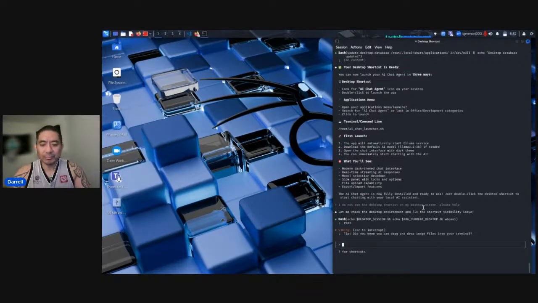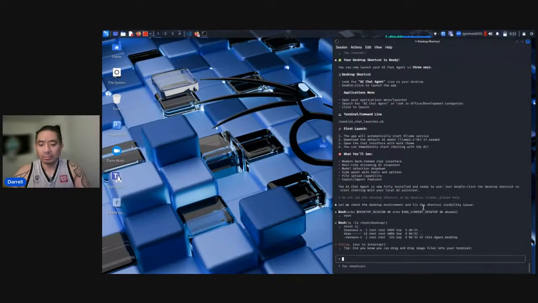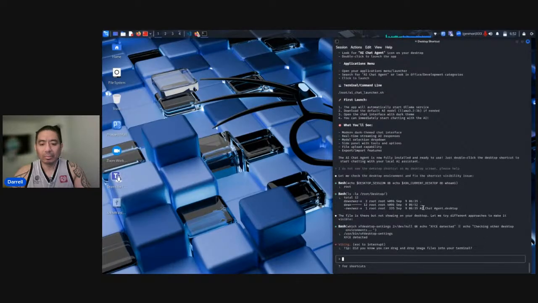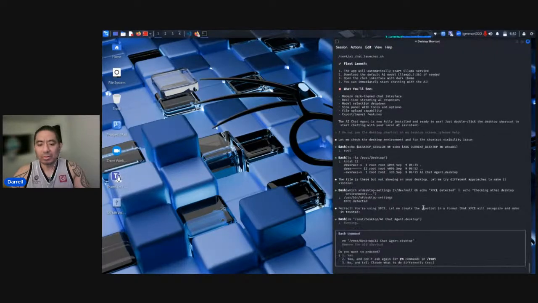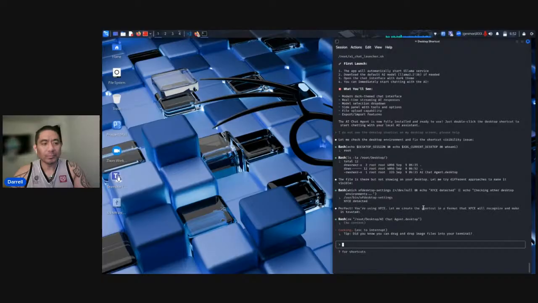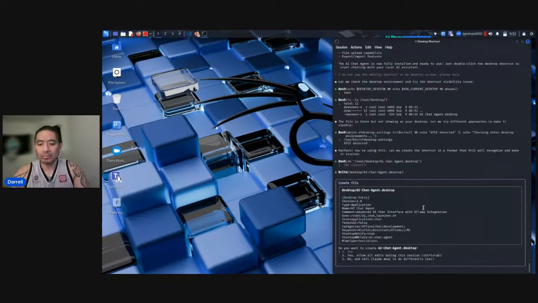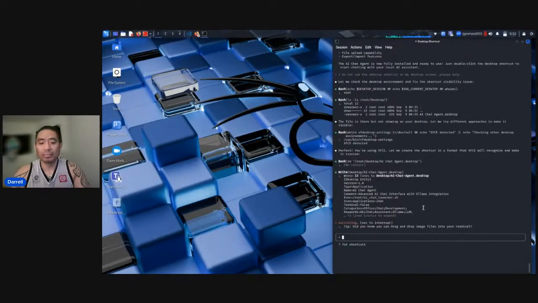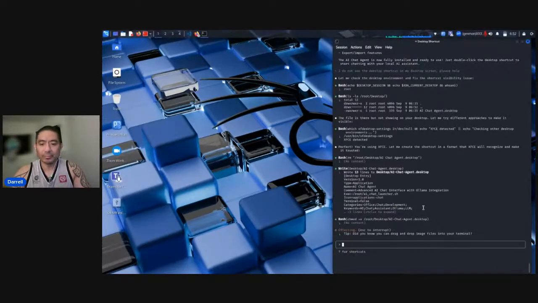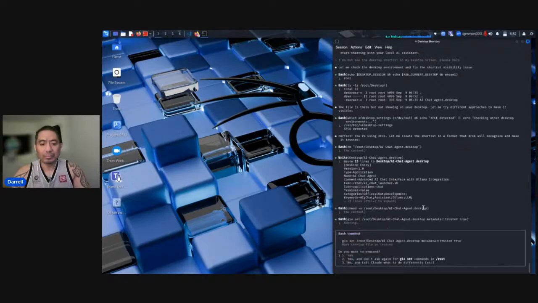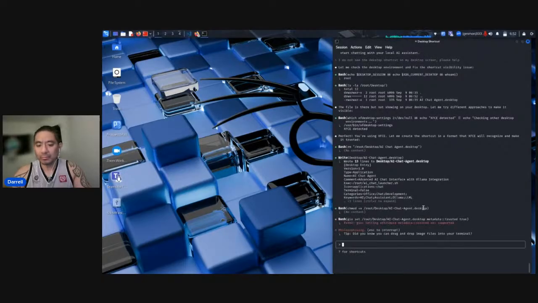So hit yes. Files there but not showing on your desktop. Let me try a different approach. Okay, so we're going to hit yes.